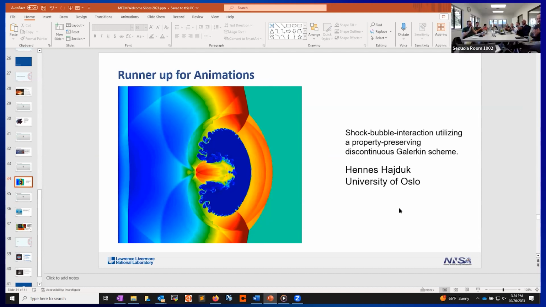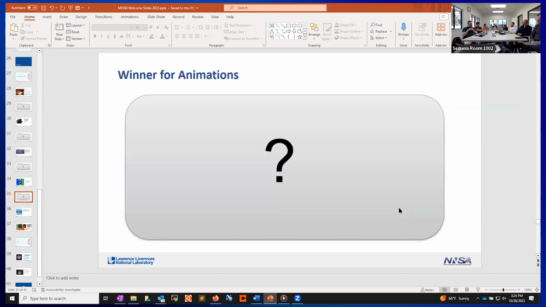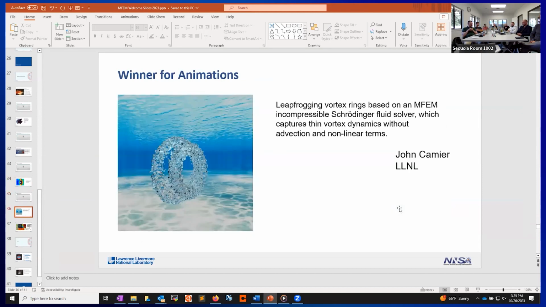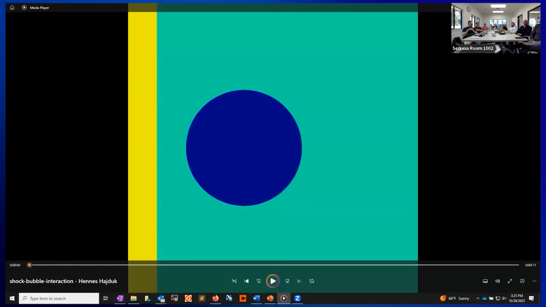Okay, and finally, the moment we've all been waiting for. The winner of animations goes to John Camier for leapfrogging vortex rings based on an MFEM incompressible Schrodinger fluid solver, which captures thin vortex dynamics without advection and nonlinear terms. This thing is rad looking. Give me a second on this.